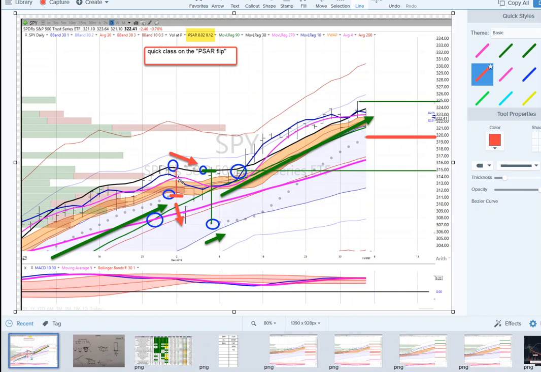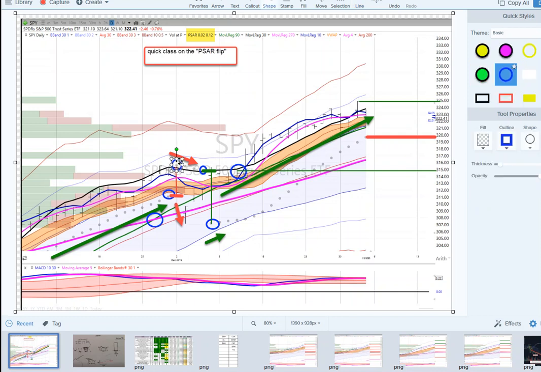RL10 and the 4 period moving average of the 10 broke through the skin of the dragon and hit the PSAR. That would trigger the PSARflip in that moment. I want you to notice the PSAR goes from here to here, then that becomes the stop, and now